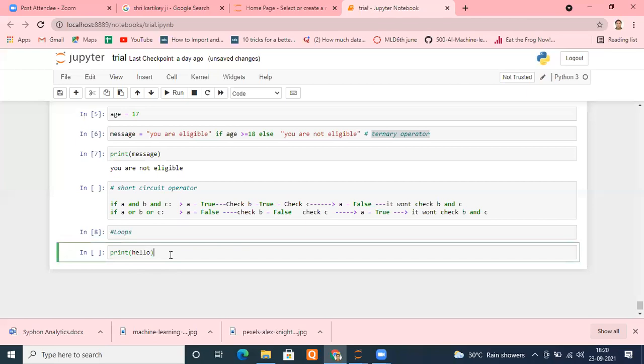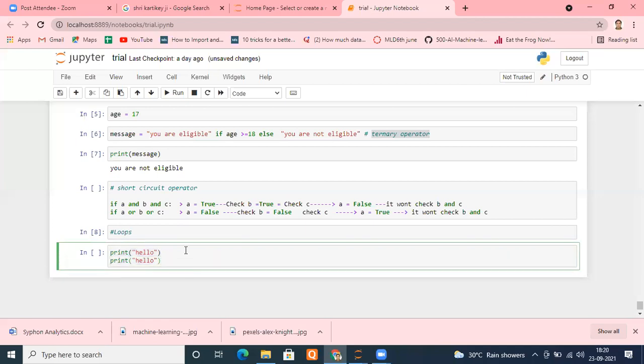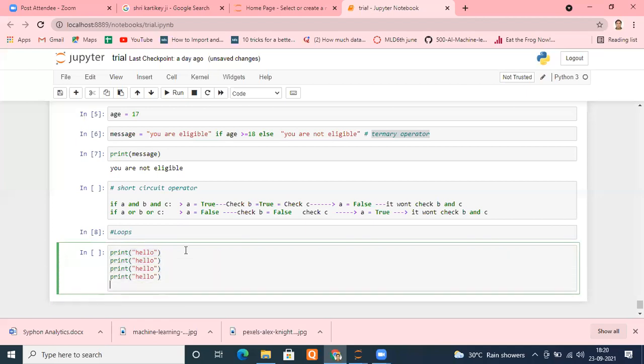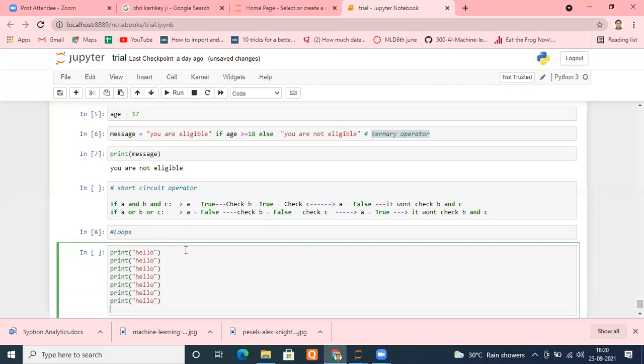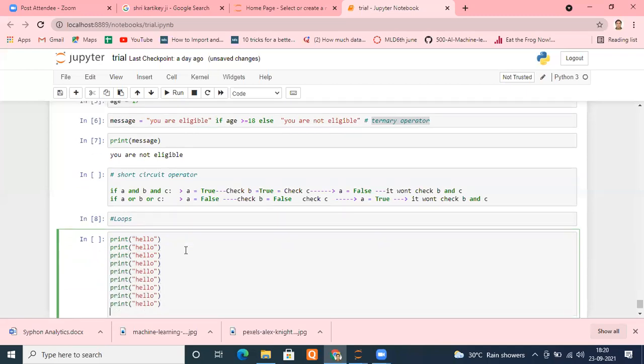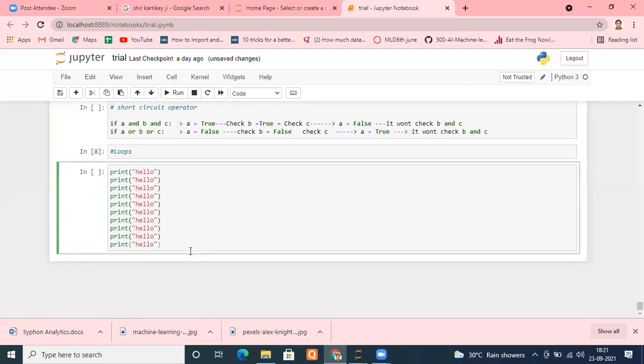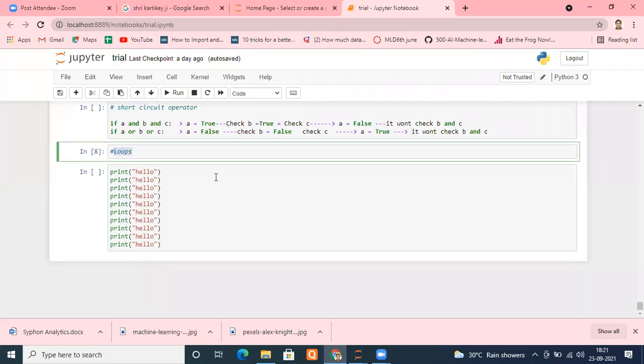One way is to put hello inside a string and type it 10 times. It will do my task. But don't you think it is a wastage of manpower? When we want to perform a repeated task again and again, what is better? Go with the loops.